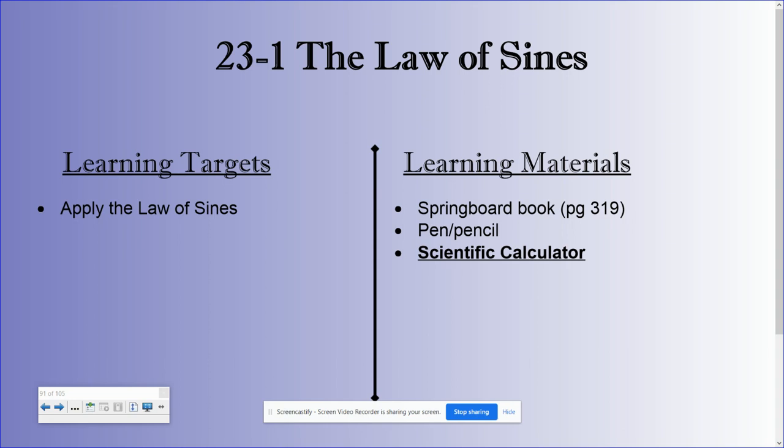In activity 23, we're going to be talking about the two laws of our trig functions. So 23-1 talks about the law of sines. We're going to apply this to solve some problems today. So open up your Springboard book to page 319. Make sure you have something to write with, and you also need that scientific calculator so you can do our